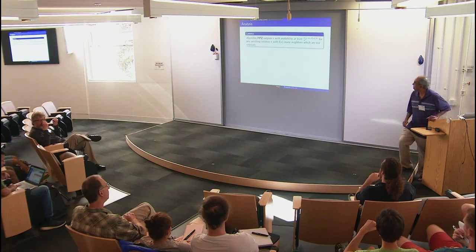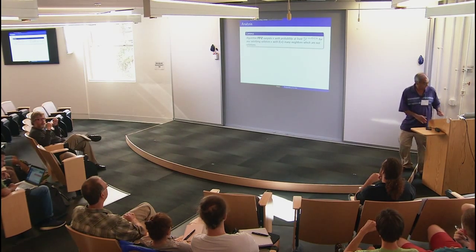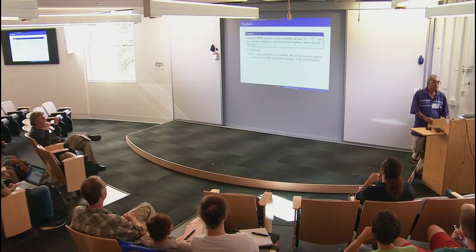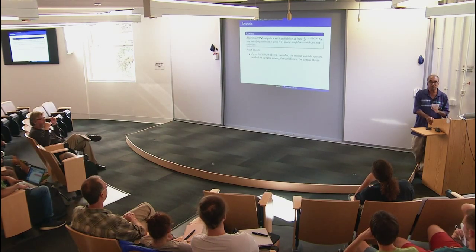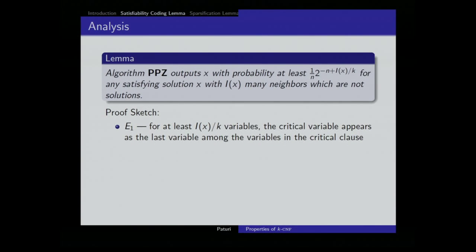And so can you just show the proof part? Okay. So let's go through the proof slowly. What is it that we want? We want a good permutation. A permutation is good provided that it will create n over k unit clauses. And when are we guaranteed to create a unit clause? Take a look at the unit clause. The critical variable appears as the last variable among the set of variables in that clause.